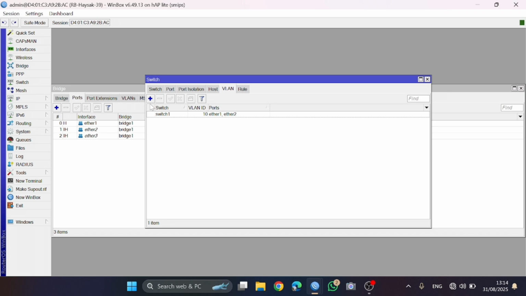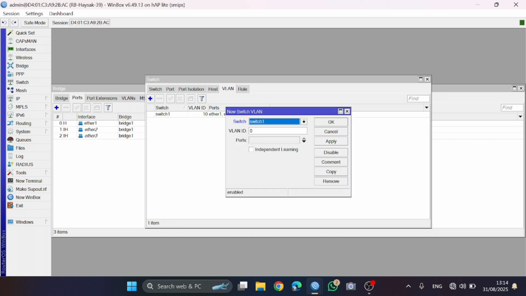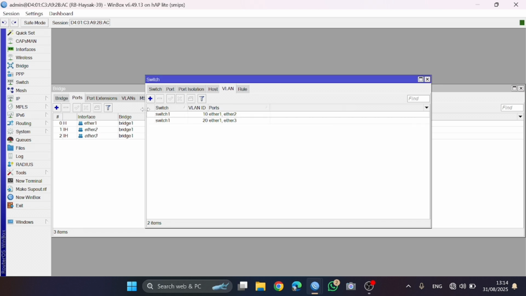Click Add, ether 1 and ether 3, click Apply, then OK. Then click the Switch tab.